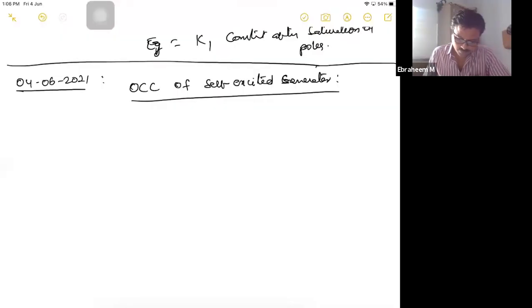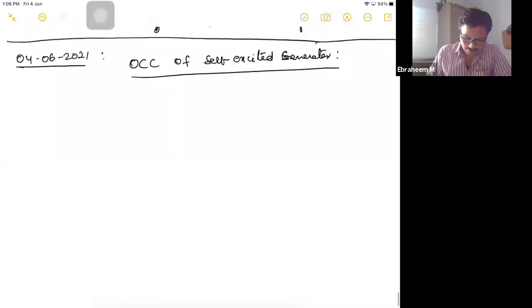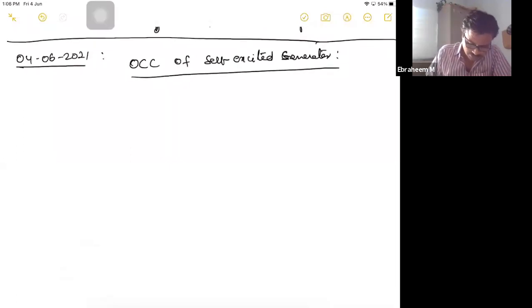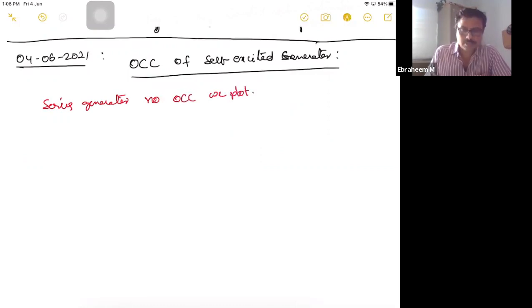Sorry, in this topic of OCC of self-excited generator, generally we do not use a series generator. Series generator, no OCC. We plot... if at all you want to plot OCC, you have to do it as a...